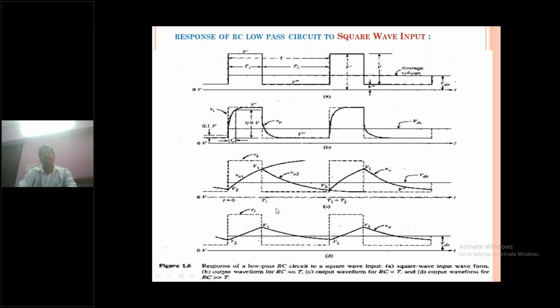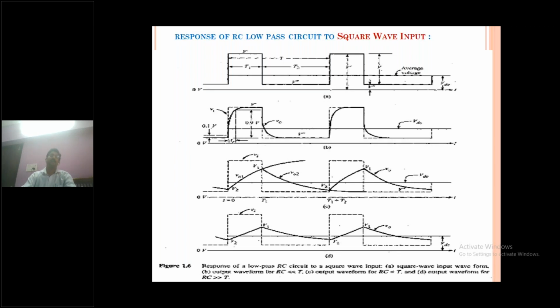Now you have to write down the equations for the C diagram. The capacitor charges exponentially, giving the output waveform V01 of t within the interval 0 to capital T1. Similarly, in the interval capital T1 to T1 plus T2, what is the V02 of t equation? We want to write that down. And similarly, the last one is RC far greater than T. That means the time constant of the circuit is very large compared to the period of the input square waveform. What is the meaning of this? The capacitor is a very large value, which means slow charging. The charging waveform looks like a linear waveform when you apply finite intervals for the positive peak and negative peak. That's why the capacitor charging and discharging looks like a linear waveform.